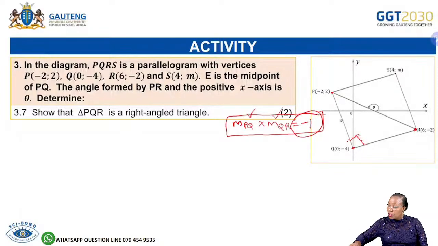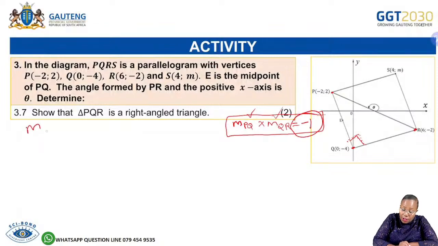Let me check. We have calculated the gradient of PQ being -3, as we were finding the equation of the SR, grade 12. We have calculated that m of PQ from the previous activity is -3, right? And then from that one, now we need to calculate the gradient of QR and check what we will get from that. M of QR